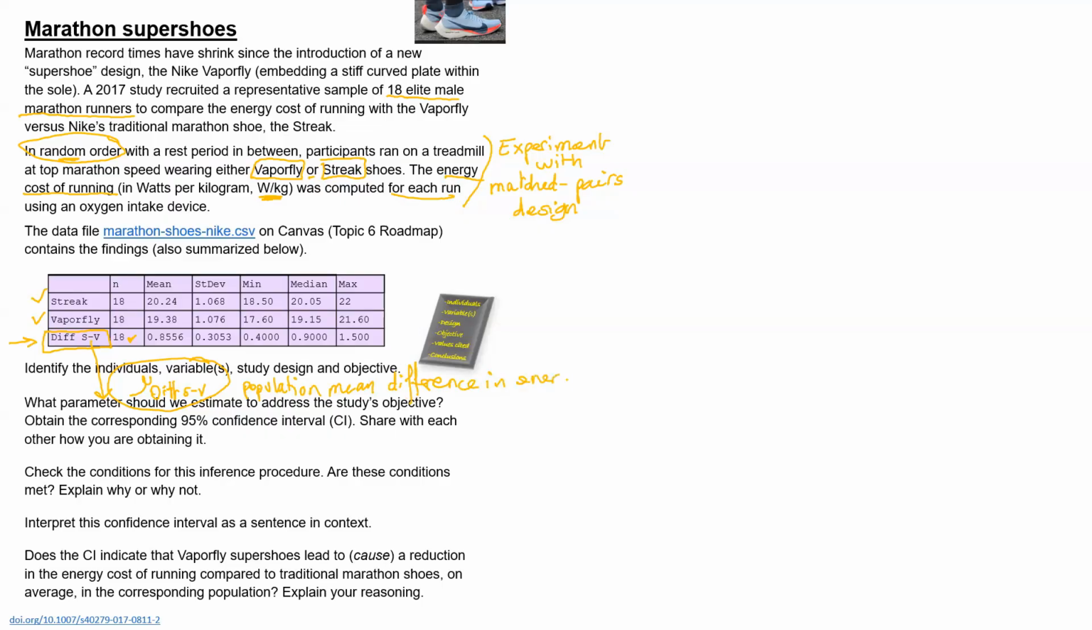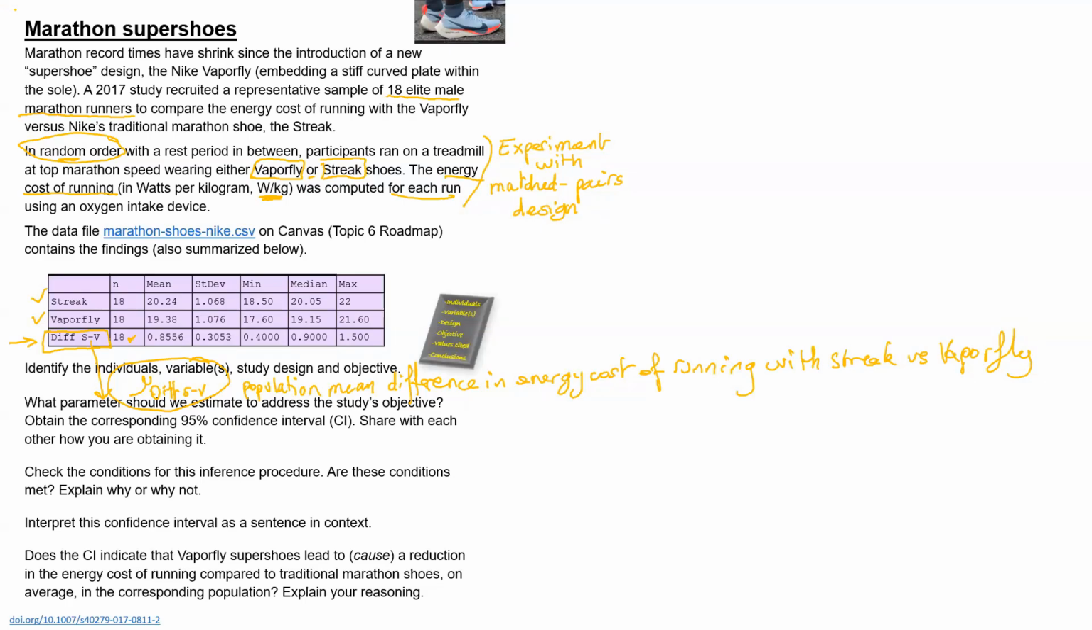Our variable difference is the difference in energy cost of running when running with traditional marathon shoes versus when running with the super shoe like the Vaporfly. Mu indicates that we're estimating the mean of this variable in an entire population of individuals like the one studied. So in the population of all elite male marathon runners who would be running at top marathon speeds on a